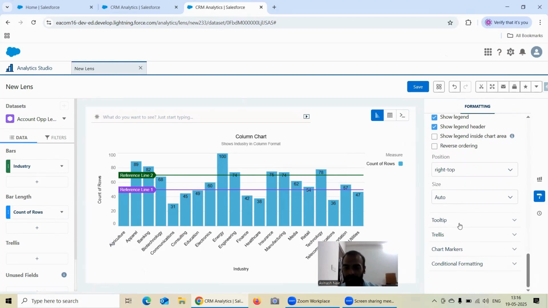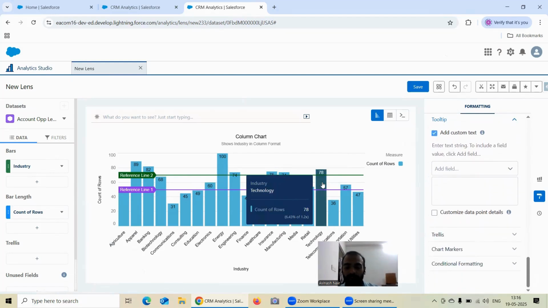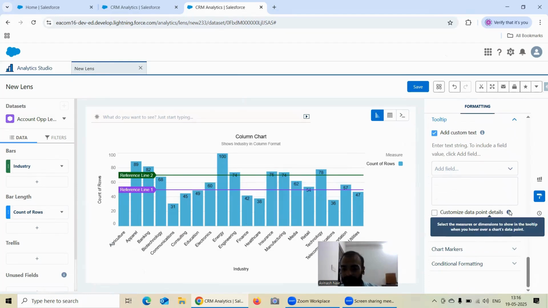Now the next part which comes is the tooltip. I think I also added how we can add a tooltip, something we did in the previous section as well, so I won't go through it. If you hover over here, whatever information is added, you can add further information. Customize data point details: select the measures or dimensions shown in the tooltip when you hover over a chart data